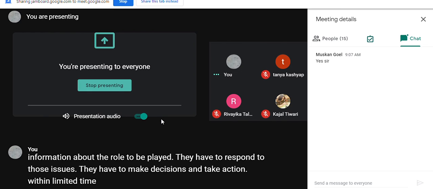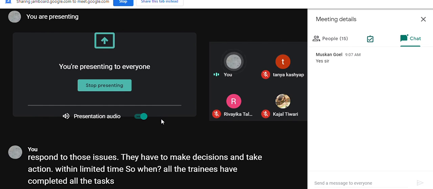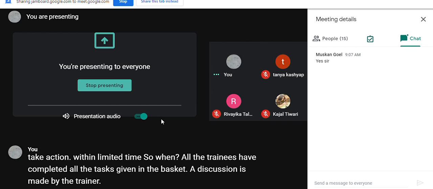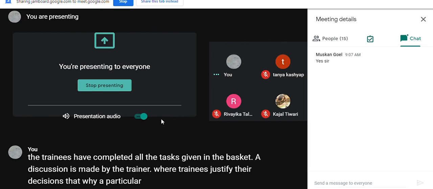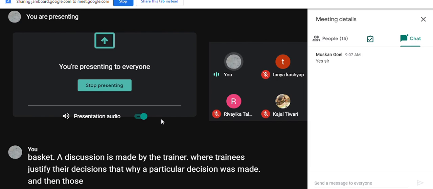So when all the trainees have completed all the tasks given in the basket, a discussion is made by the trainer where trainees justify their decisions, that why a particular decision was made, and then those decisions are examined on different parameters,